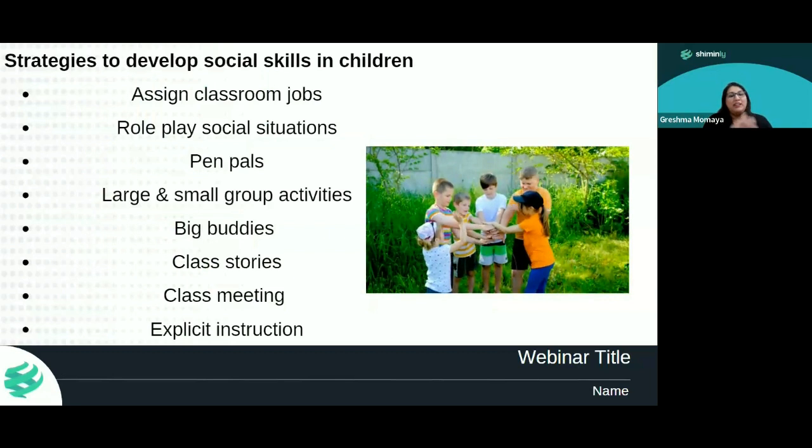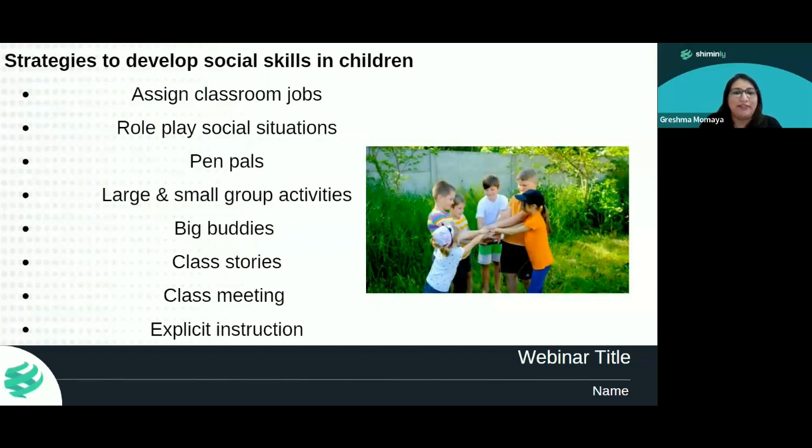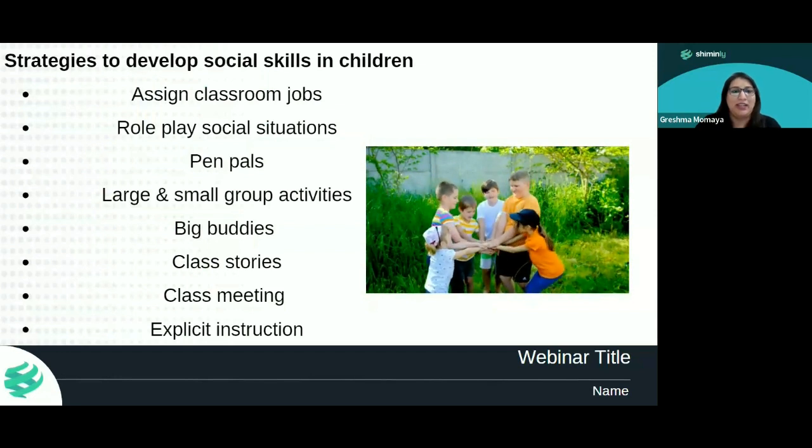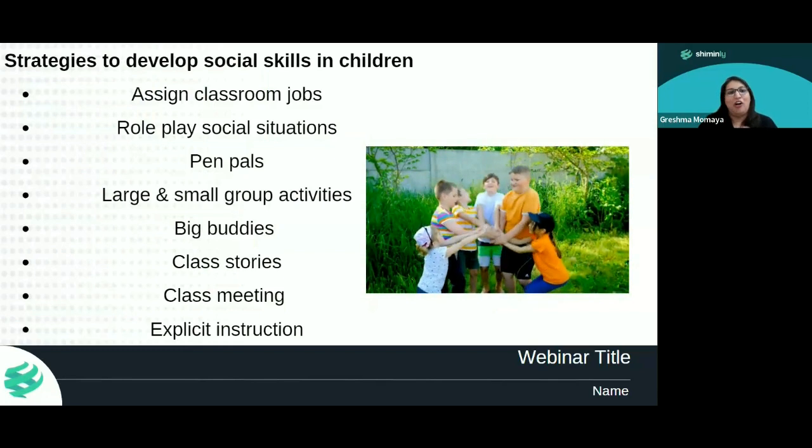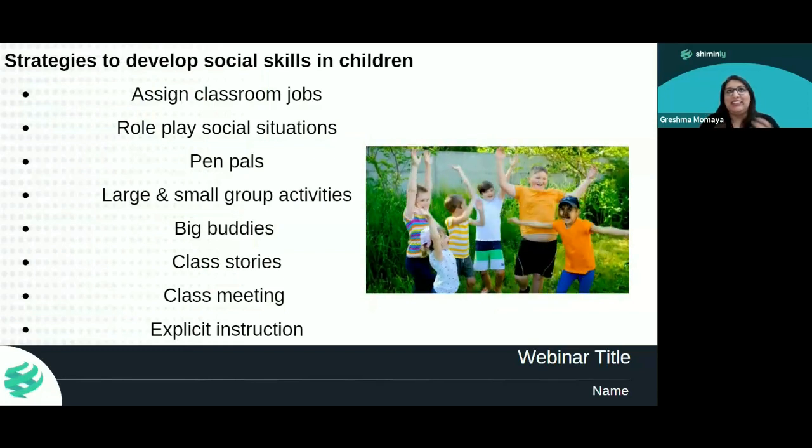Apart from this, here are some strategies to develop social skills in children. The first one is assigning classroom jobs. Now, as teachers, of late I see many teachers feeling a little guilty when they assign some classroom responsibilities and duties to students. But we must assign classroom responsibilities to students, because it provides opportunities for them to demonstrate responsibility,